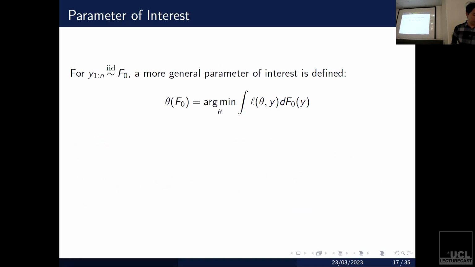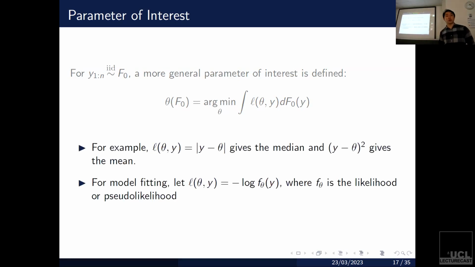The parameter of interest is much more familiar. It's easier to work with. The way to think of this is that what is the parameter that you actually want to know given access to the sampling distribution? So for those who are working in robust statistics, this should be pretty familiar. You're looking at the argmin of some expected loss function. And so the absolute value would give you the median, whereas the squared value would give you the mean. Similarly, you can be interested in some parameter indexing a model, but you're not sure that model is correct, then you would choose the negative log likelihood as the loss function. But it's a pretty general framework, so we didn't spend too much time talking about this.